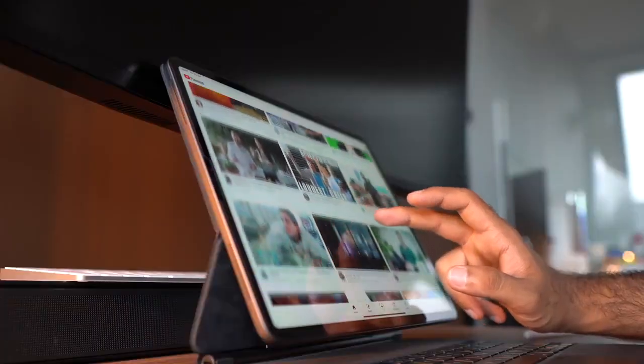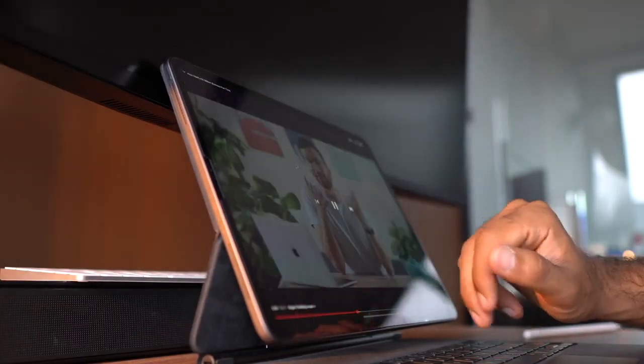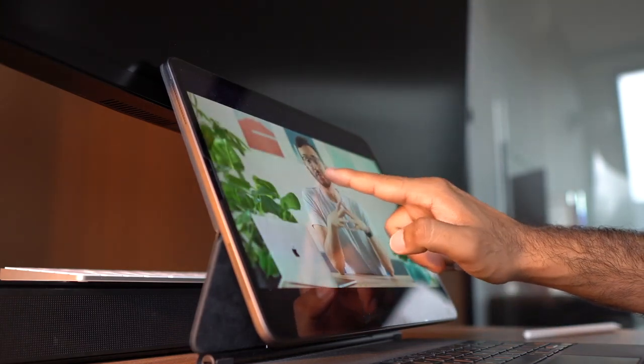So then what's the point of an iPad? If you don't have one, should you go out and buy one? There are some things that the iPad is way better at doing. For example, watching videos. If you are watching YouTube on your iPad, it's really nice to scroll through it. If you click on a video and maximize the screen, it fills this whole 12.9-inch Retina display, and that does